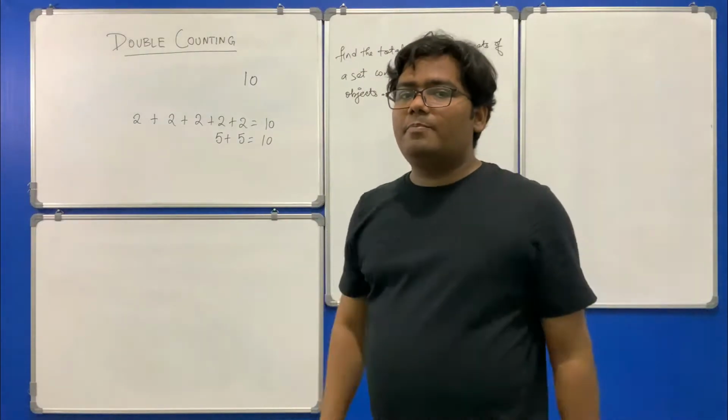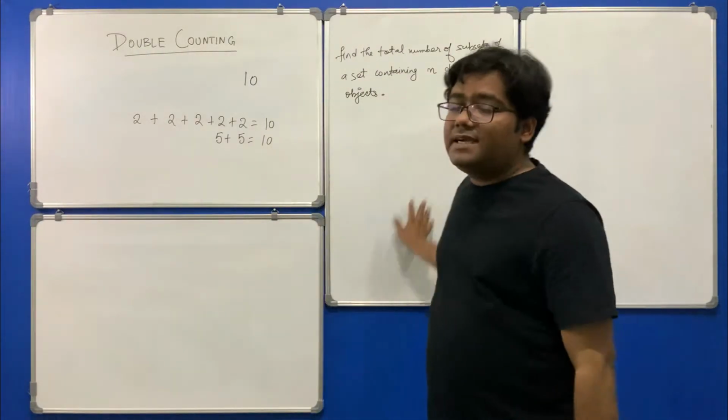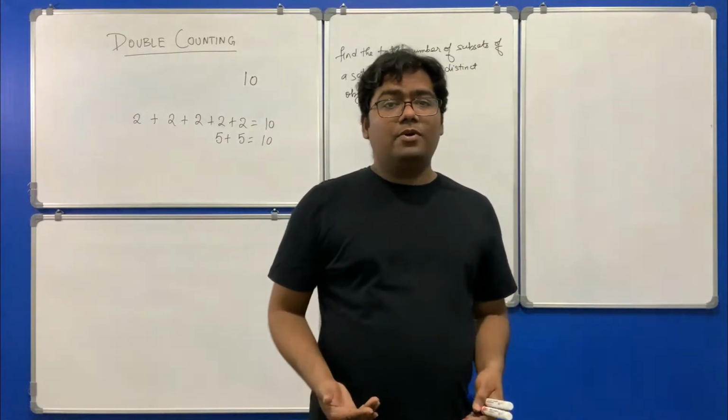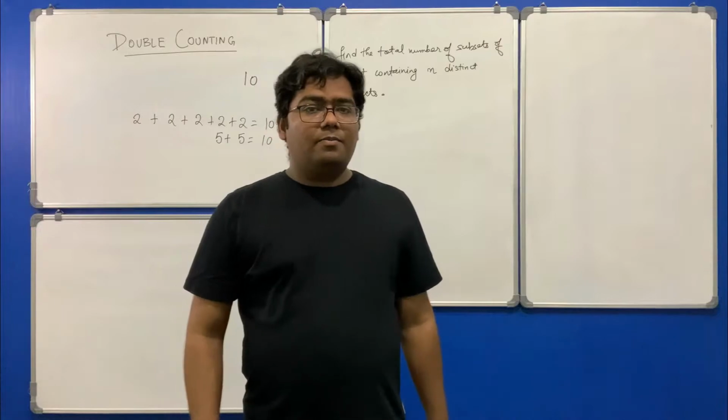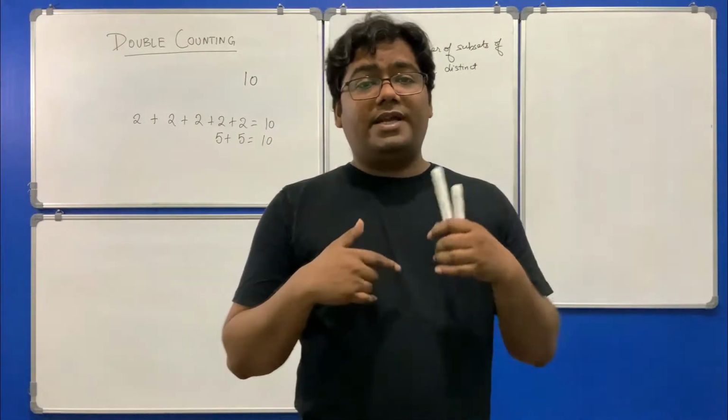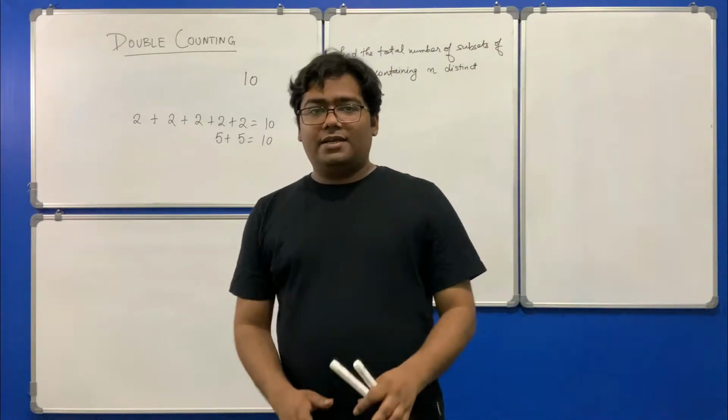So a very simple problem. We have a set which contains n distinct objects, and you have to count how many subsets can be formed from that set. Now what we will do is that we will use two techniques of counting the total number